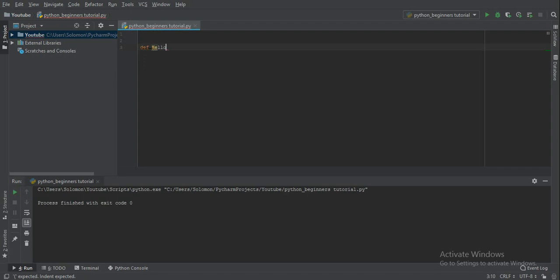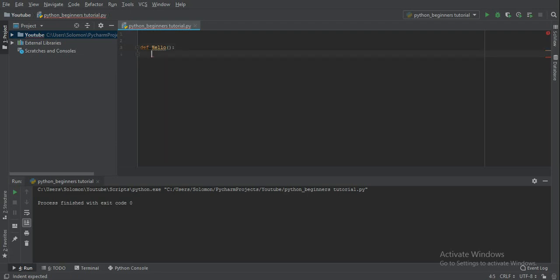I'm just going to call mine hello. If it's hello world, like I said, you can't use a space. You could just use an underscore. And another thing you should know is that you can use an underscore to start a function name, but now I'm just going to be using the uppercase Hello. After your function name you just have to use parentheses, and then a colon, and